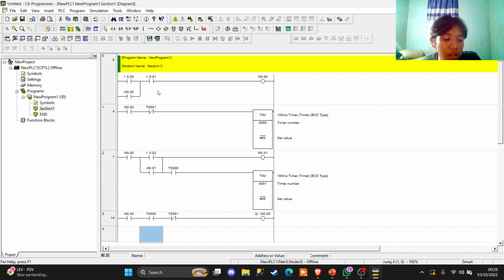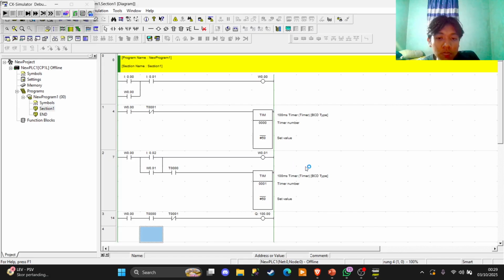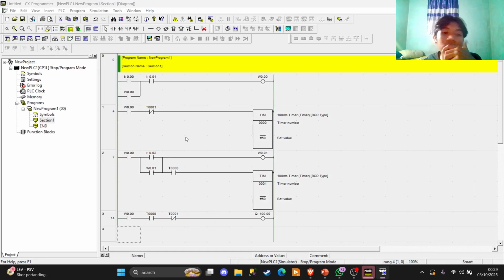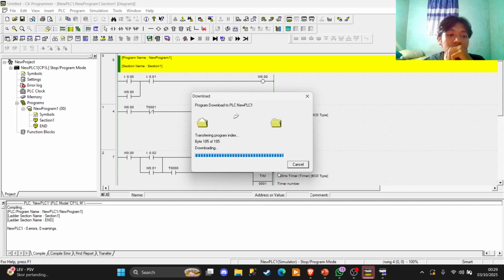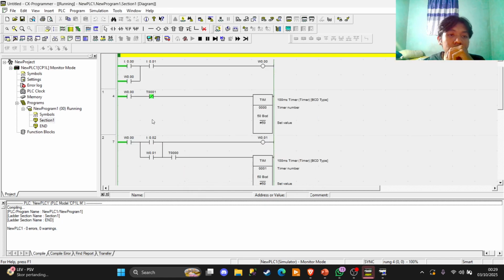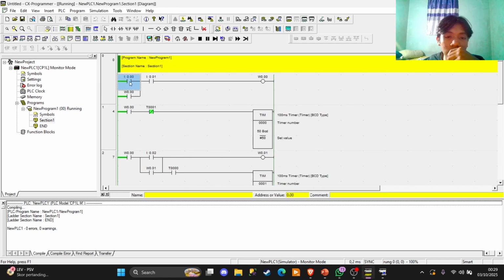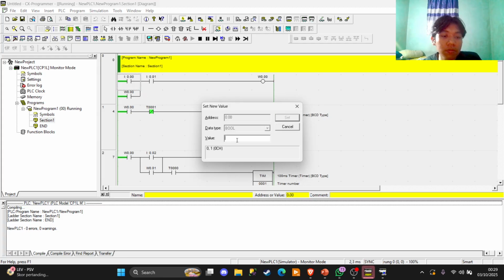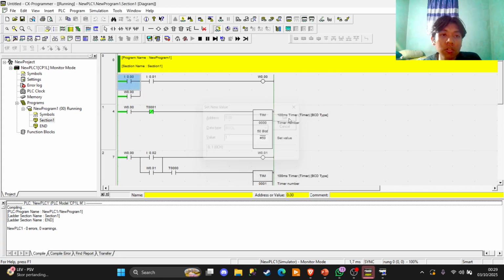And then let's try this with the simulation online. So I will use the shortcut here, Ctrl+7W, and then we're going to try to turn this on. We're going to set it on. I think this is the NC, not the NO, right?